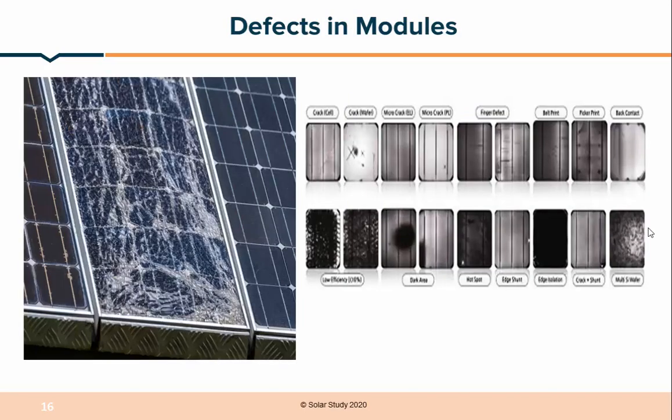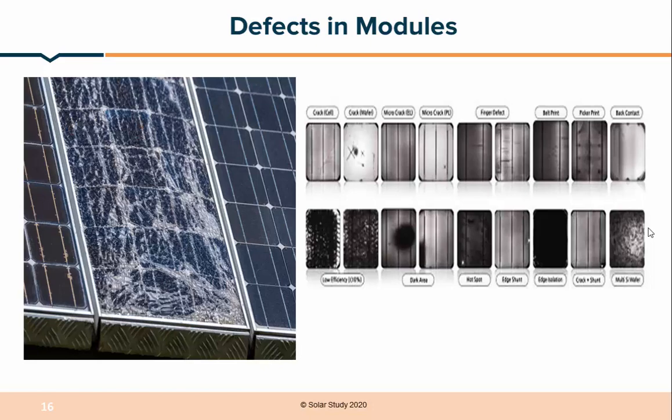Here the EL image particularly concentrates on defects in the solar cell, micro defects that we can't see in a bare image. So how do we do the EL image? We have to take the module into a very dark surface or a very dark room, so it should not emit any kind of heat. Then we apply some amount of voltage to that module. Suppose I have a 36 volt module, then I put that 36 volts to the module.